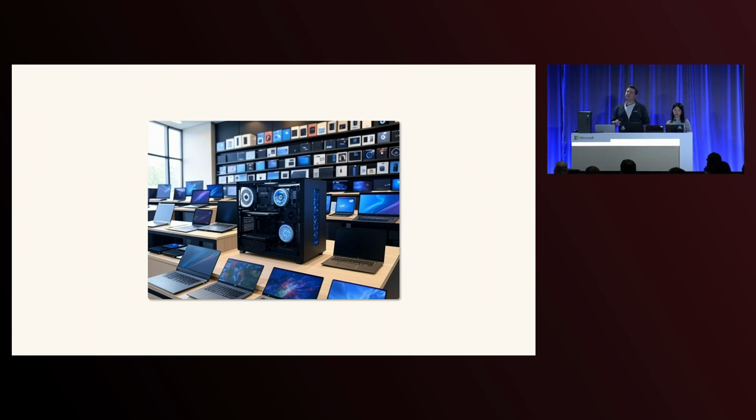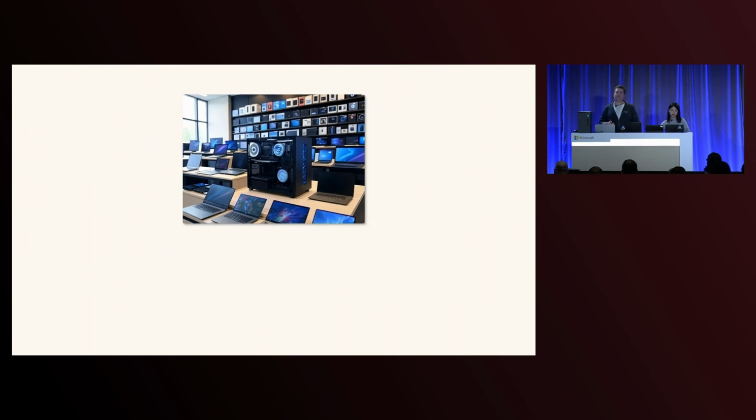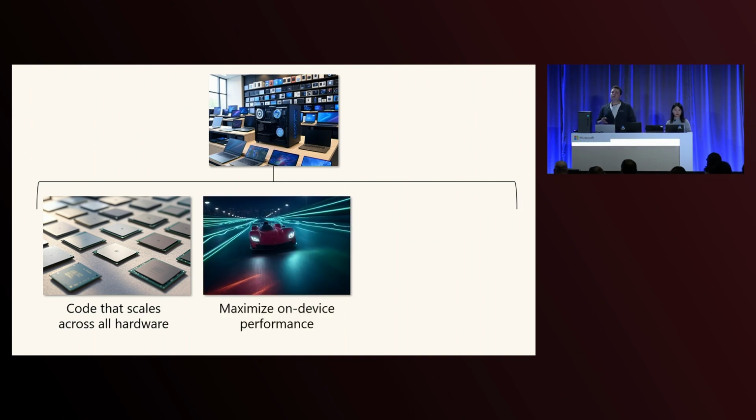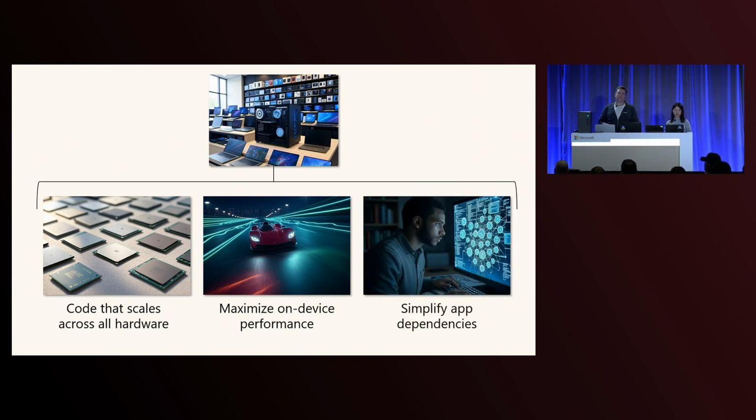And so our goal as a development team and with Windows ML is to really help you do 3 key things. The first is to write code that scales across all of that diversity of hardware, making your life easier to write that code. The second is to make sure that you are maximizing the performance of every individual PC that is running on your customers' machines. And finally, just to make your lives easier with dependencies, whether it's trying to figure out what dependencies you need, procuring them, including them in your installers, or updating and managing them, that whole type of thing. It's a lot of work, especially in a diverse ecosystem, and so we really want to help you with that.